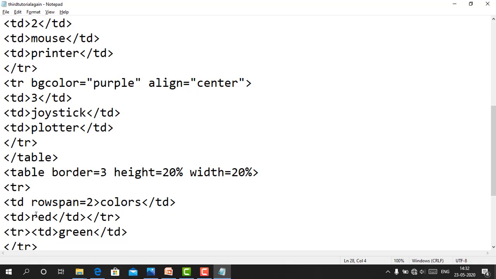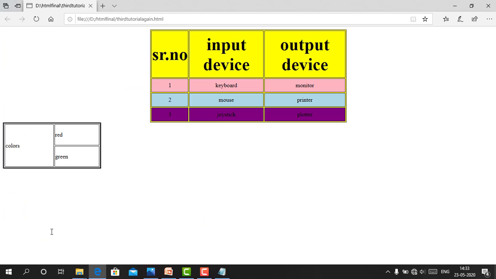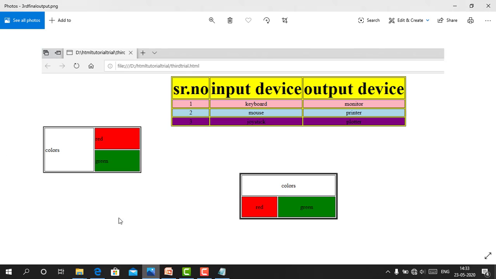Okay, TD BG color equals to double quote red, Control S, and in the green BG color equals to green, Control S, Alt Tab, just refresh it. Okay, we get this kind of output.